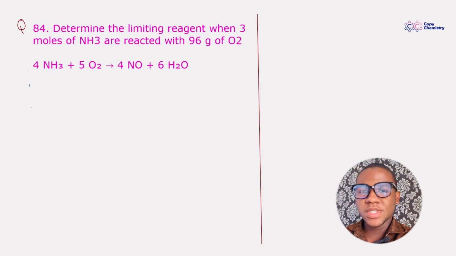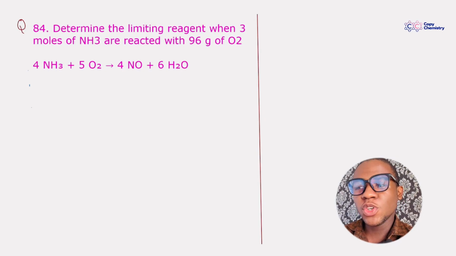Hi, so this is question number 84 on stoichiometry. Determine the limiting reagent when 3 moles of ammonia are reacted with 96 grams of O2. This is the equation. And just to determine the limiting reagent here, we're not really solving or calculating the amount